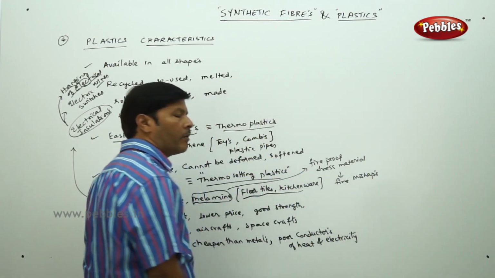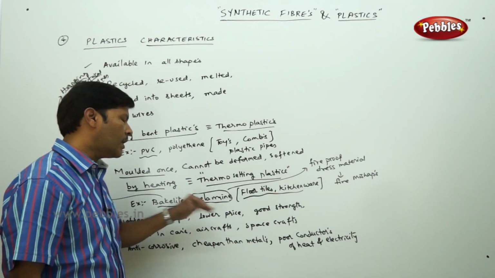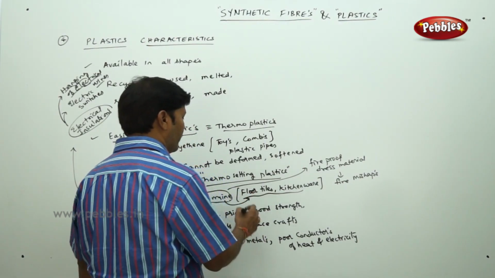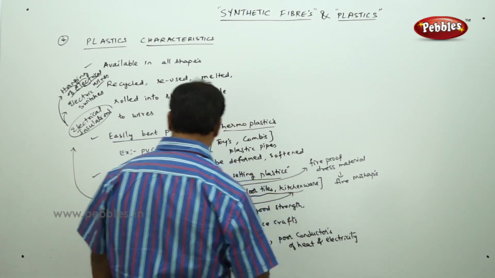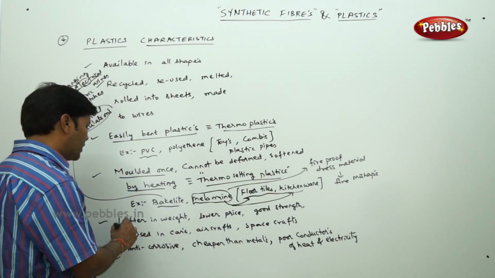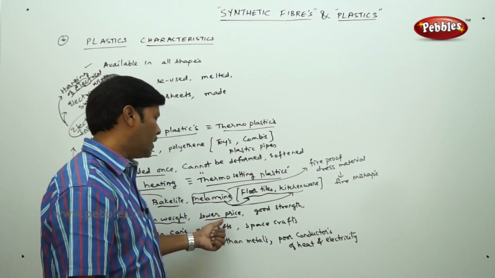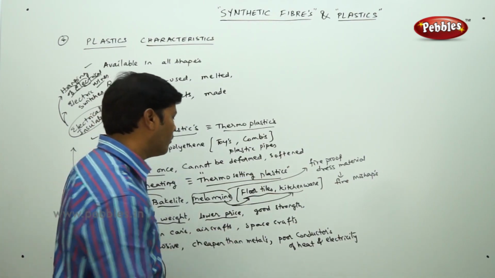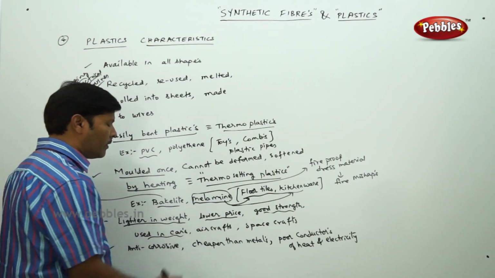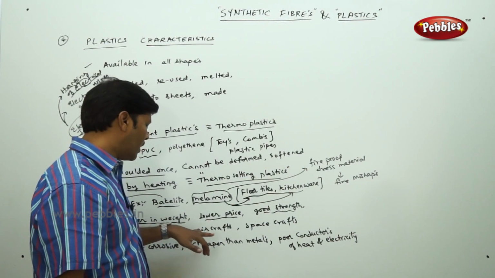The people who deal with the fire mishaps wear this fireproof dress material which is having a coating of melamine. Then this melamine is also used in manufacture of floor tiles and also kitchenware. Apart from this, we also expect the plastics to show properties like they are lighter in weight. Of course, in terms of economy, they are lower in price because of the easy availability. They have good strength. Because of these reasons, they are used in the manufacture of various spare parts of car, various parts of car, auxiliary parts of the car.